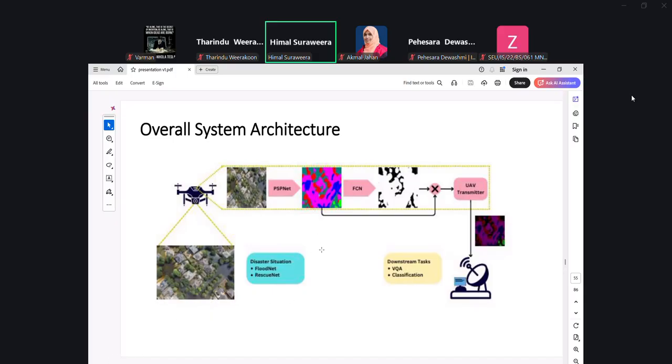Then out of this semantic mask, we took only the necessary information, or created a secondary mask out of the segmented image. That image is shown here in black and white. This image is transmitted to the server so that the server is able to achieve classification or perform VQA and so on. That is the speciality.